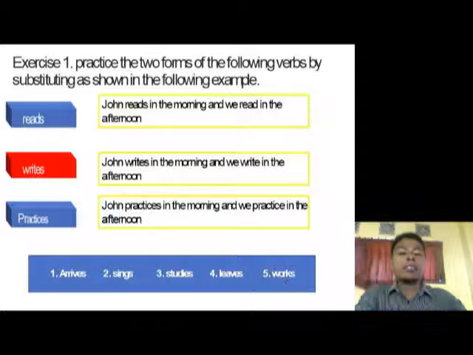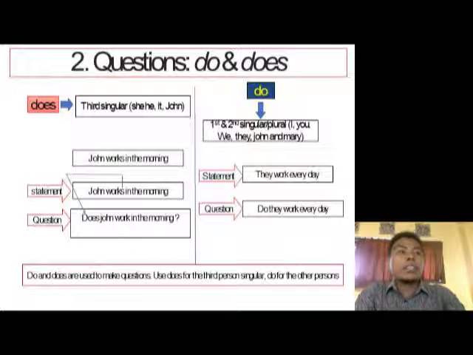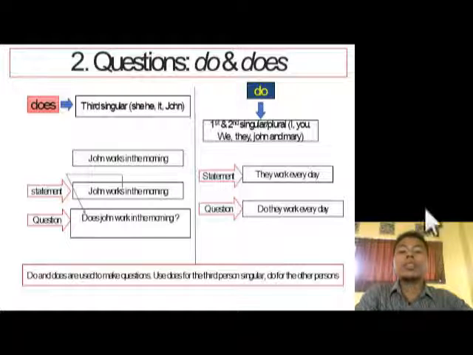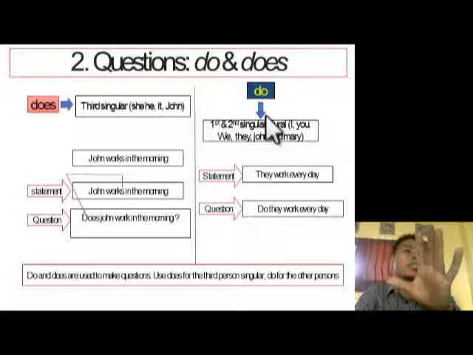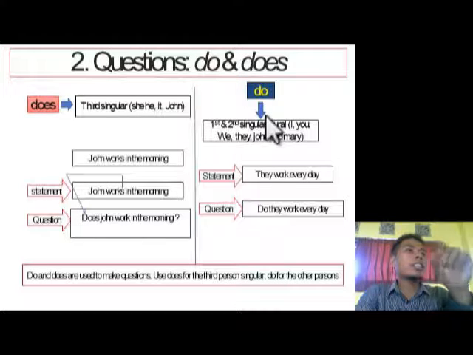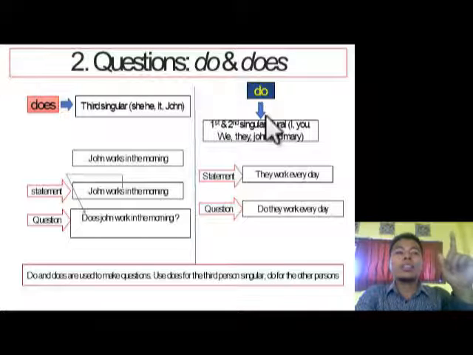Okay, now we go on to the next material, how to make questions using do and does. Remember that if you want to make a question related to the activity of a person, in the simple present tense we use do and does. It depends on the subject itself. If the subject is related to third singular persons like she, he, it, or the name of a person like John, Mary,